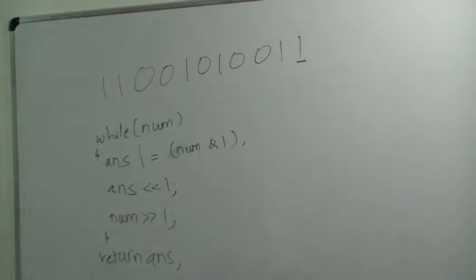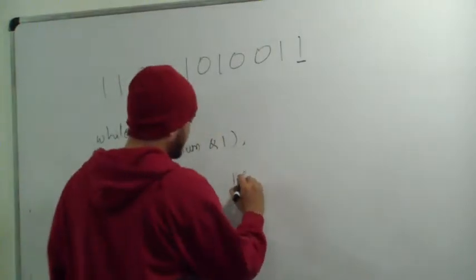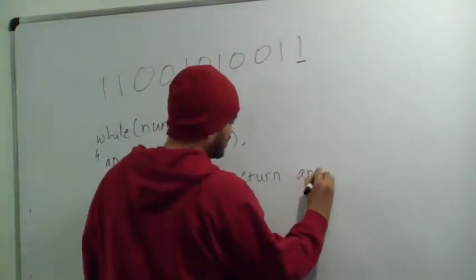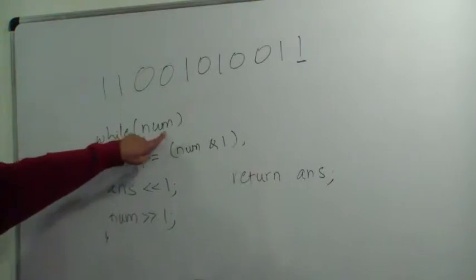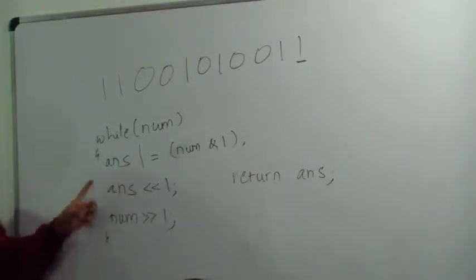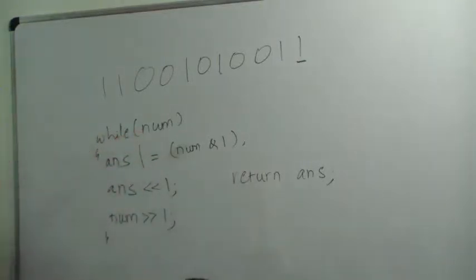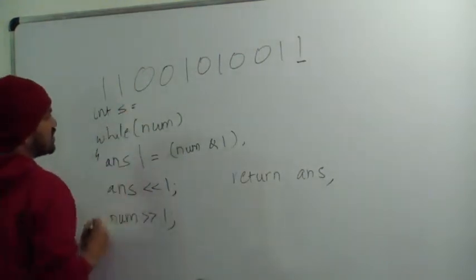Okay, so what you can do is, before you return, you'll be returning the answer. You have to find out the number of bits in num. You have to take a counter, keep reducing it every time you have done this, and then left shift the result by the number that is left. So you will have something like int s equal to